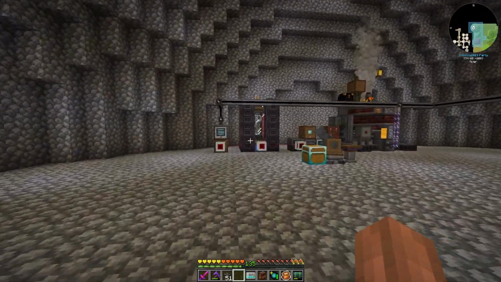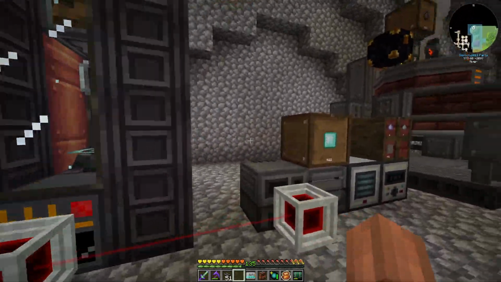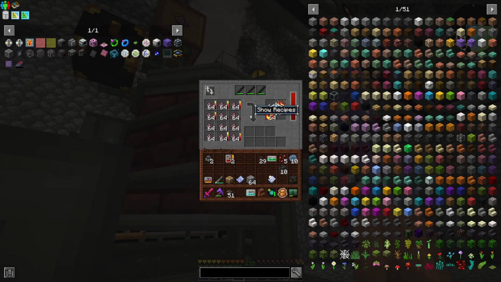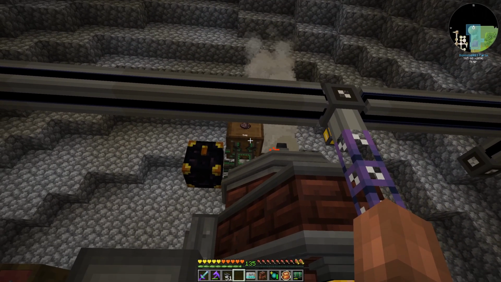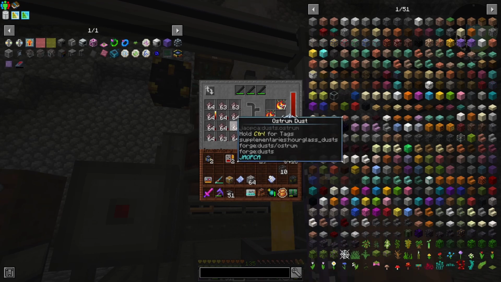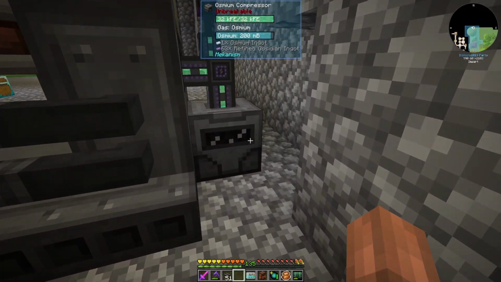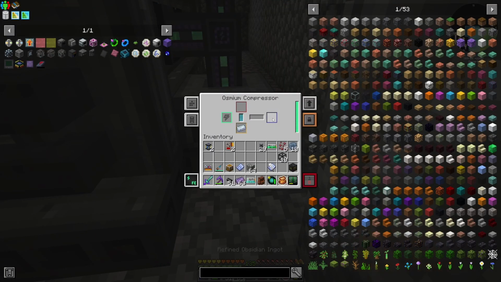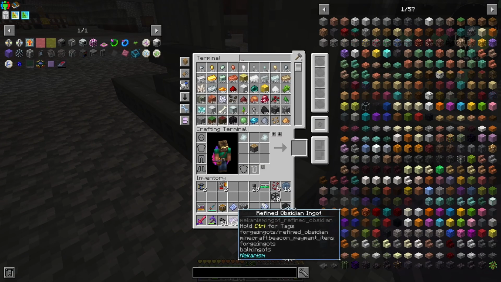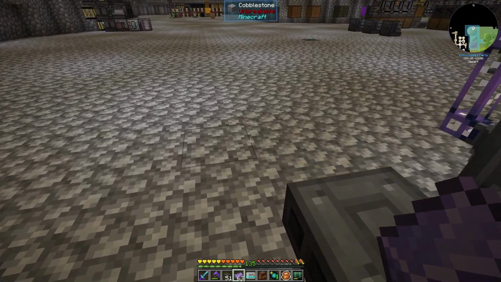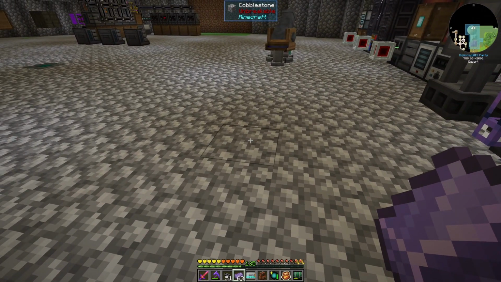So right now we have this one going that is just straight making us osmium, and we're also working on trying to smelt through our backlog of ostrum so that we have the ostrum we need. I've kind of got the osmium compressor quite literally just hidden around the corner back here, and I had another realization. So, we were talking numbers last time of